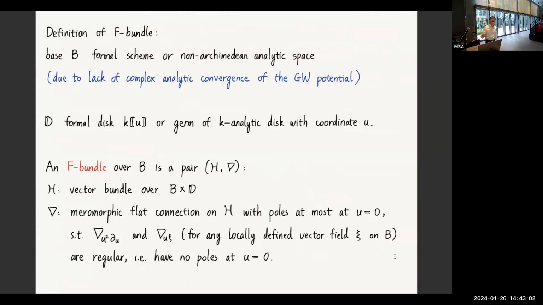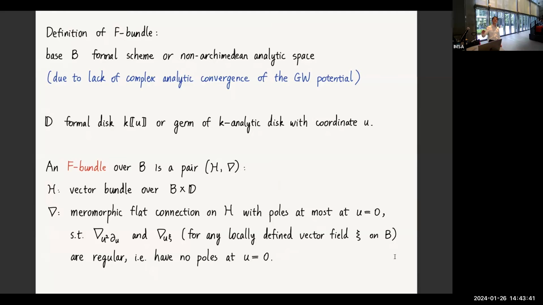Then an F bundle over B is just a pair (H, nabla), where H is a vector bundle over this base B times this disk, so this extra U direction. In the formal case, it's a formal disk, and in the analytic case, it's a germ of an analytic disk. And then we have nabla, a meromorphic flat connection on H with poles at most at U equals 0, such that